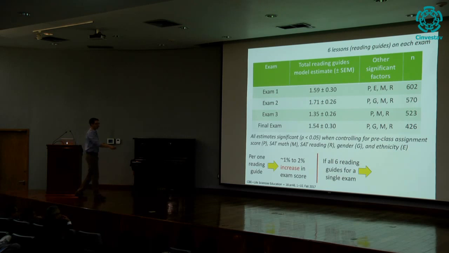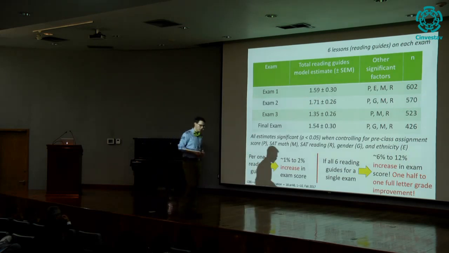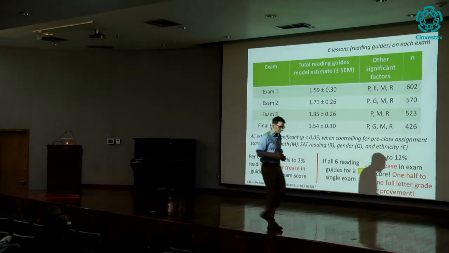And remember, we had 6 lessons per exam. So if you did all 6 reading guides for a single exam, multiply this by 6, and that gave you a 6 to 12% increase in exam score, which is anywhere from a plus-minus letter grade to a whole letter grade, a B to an A improvement. And that's just for being proactive, for staying on task,